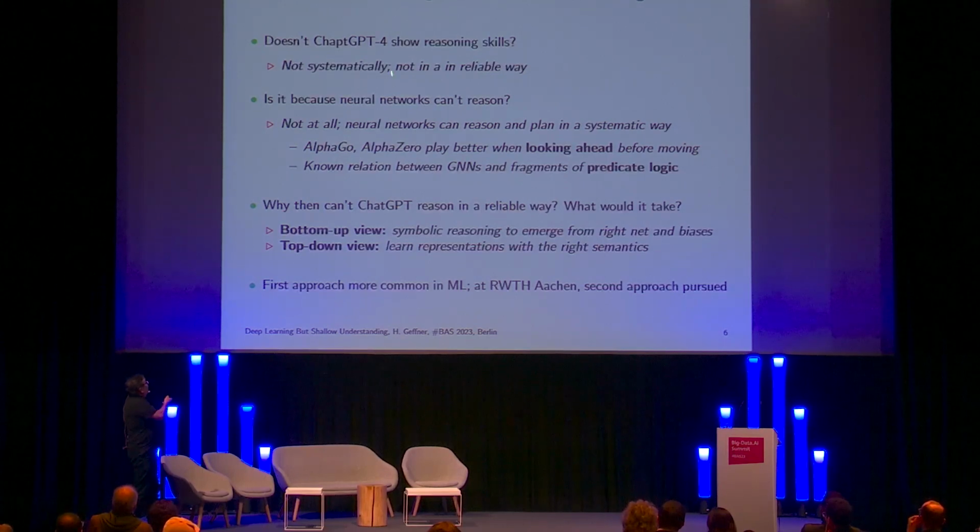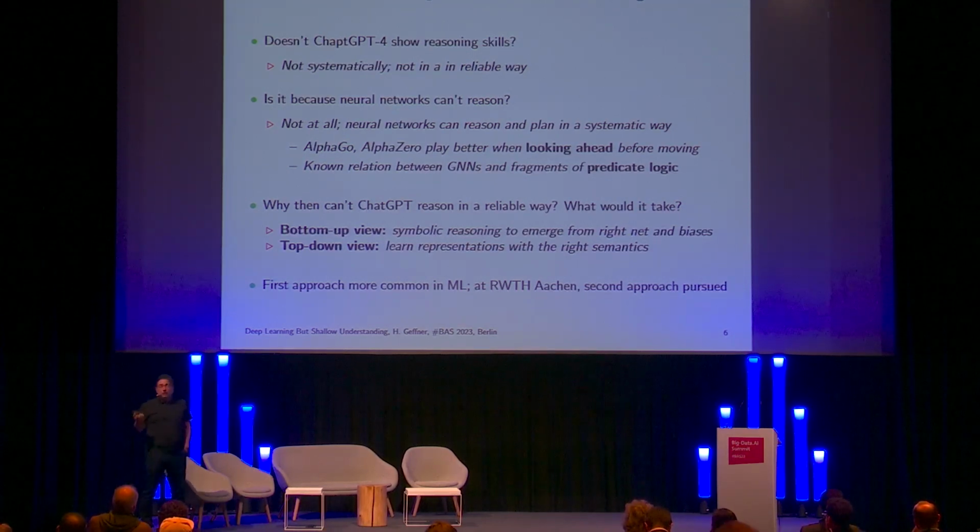But the reason that ChatGPT does not do this sort of reasoning is because it's not learning the representations that will allow it to perform this sort of reasoning. So one of the main topics of research right now is how to enhance these deep learning systems with reasoning capabilities. And of course, there is a whole school trying to add more data, playing with the biases and the architectures of the net, so that you get this emergent behavior.